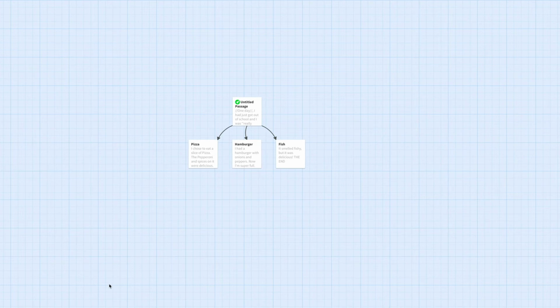Now, let's say you're using this on somebody else's computer, and you like Twine, and this is great, and you want to continue doing this at home. There's an easy way to continue the work that you started. First, you're going to go over here and publish the file and make sure that you have saved the file for your game. Now we're going to press the home button so that we can get back to the home